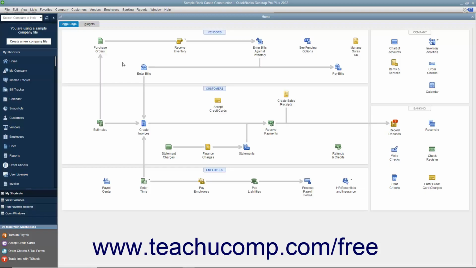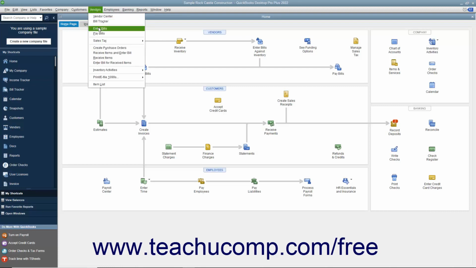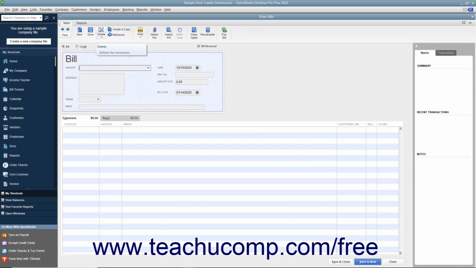You should always enter bills into QuickBooks as soon as you receive them. To enter a bill, select Vendors, Enter Bills from the menu bar to open the Enter Bills window. The top half of the Enter Bills window is where you enter the bill information. The bottom half of the window is where you assign the bill amount to different expense accounts or list the